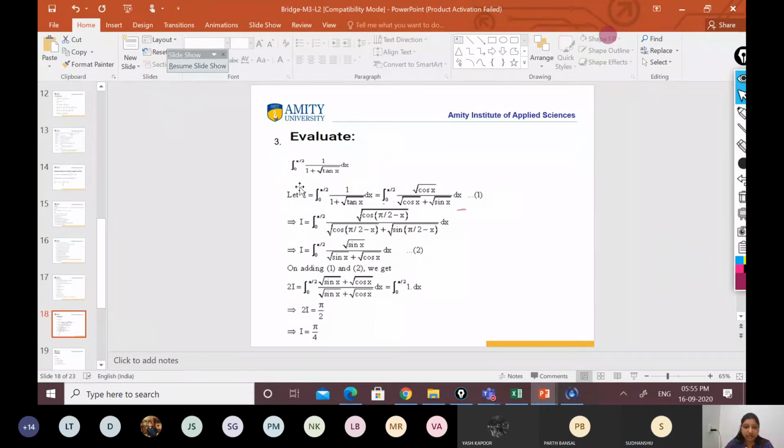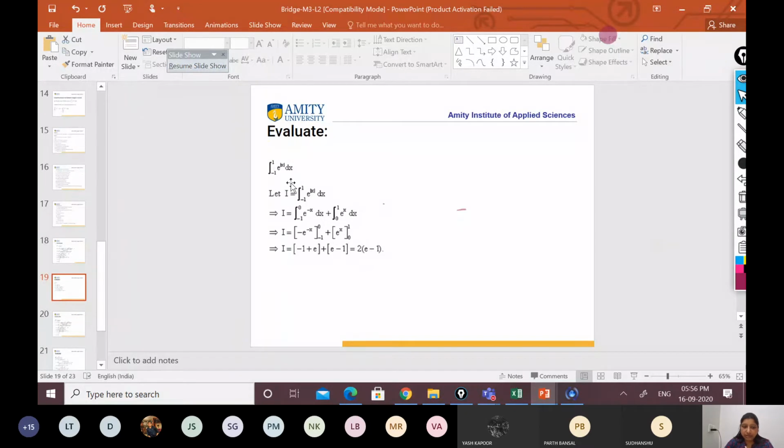Okay, this is a very familiar question. Then the next one is the integral from 0 to pi by 2 of 1 upon 1 plus under root tan x dx. So we'll simplify it again using the property, tan of a minus x. Just replace x by a minus x. First we simplify it in terms of cos and sine, and then just replace x by pi by 2 minus x. In trigonometric functions, it is a very common property to be used, and just simplify it, you will get the answer.